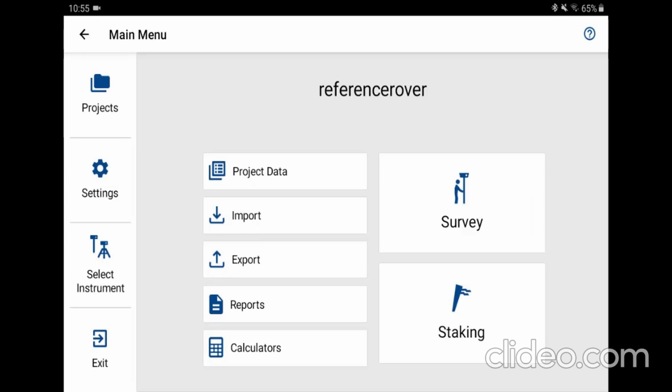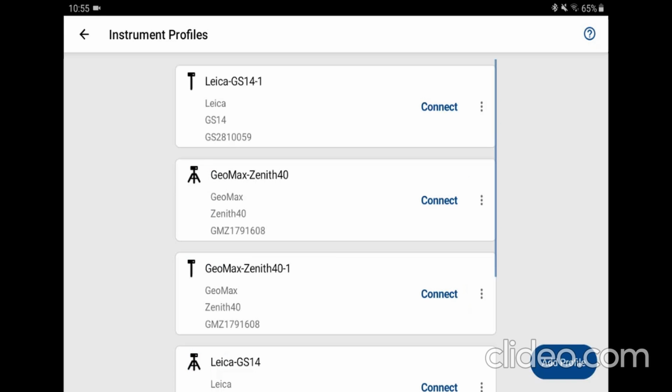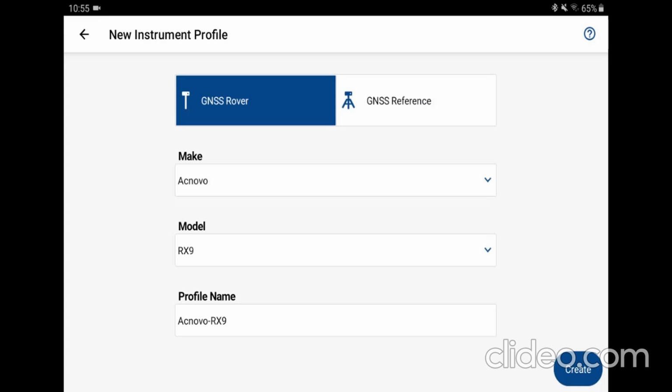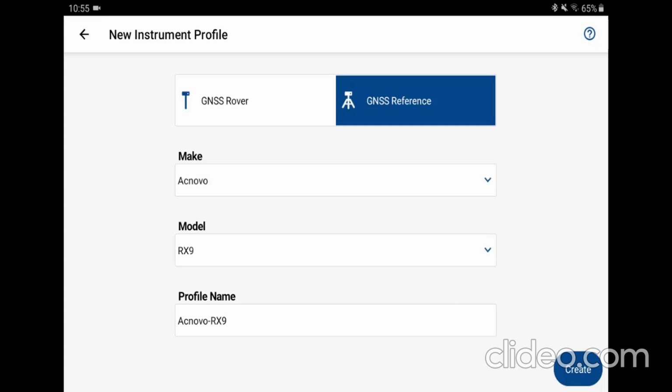I'm going to configure a profile that will allow me to save all the settings I need to connect to a GNSS reference station. Let's start by going to Select Instrument in the Instrument Profiles list and add a profile. I'll select Reference,